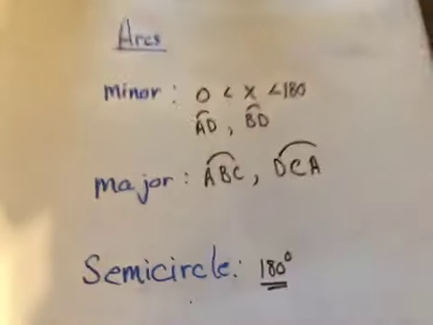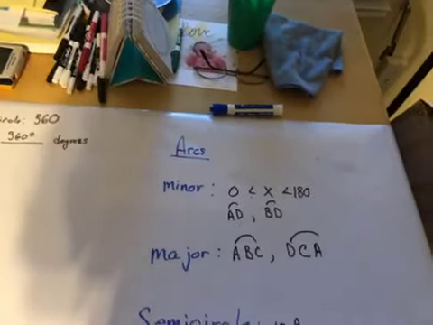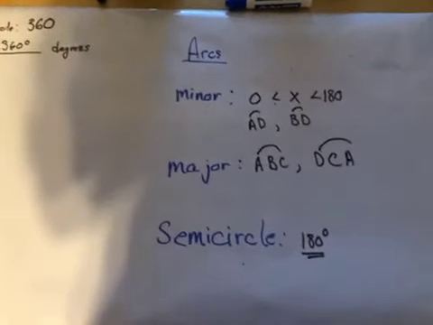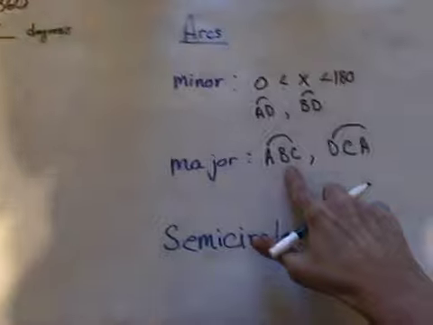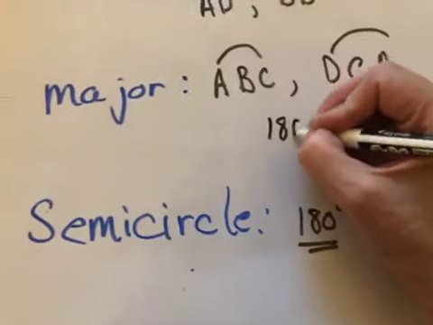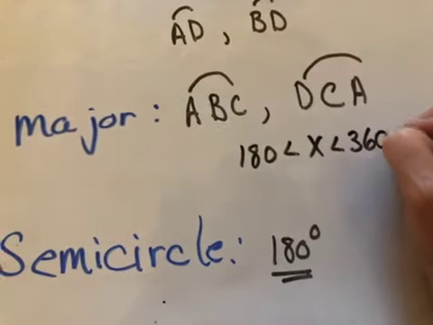Okay, put a little rainbow above, because that tells us that we're actually looking at the motion on the outside of a circle, or you're looking at the crust of your pizza and your pie. So these are between 180 and 360. Never equal to, but between. And if we get to 360 degrees,